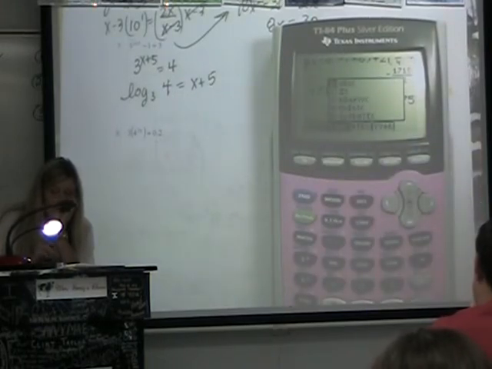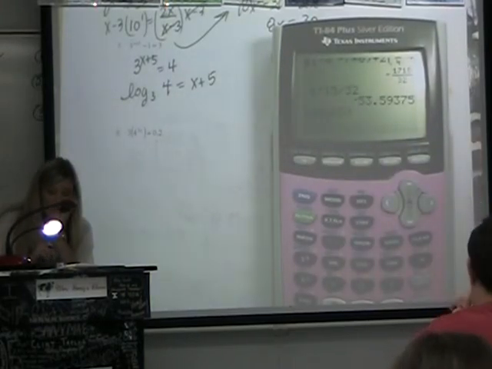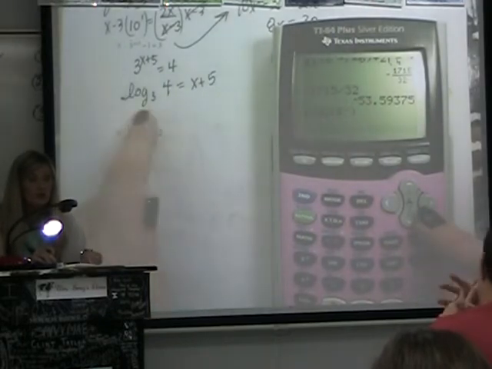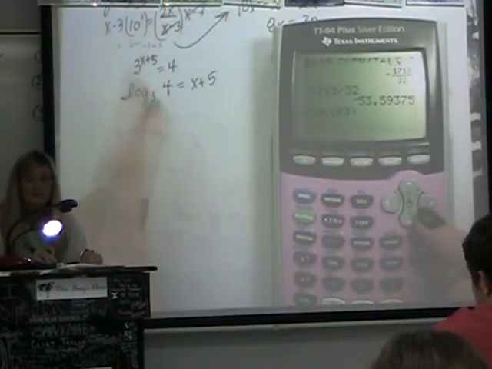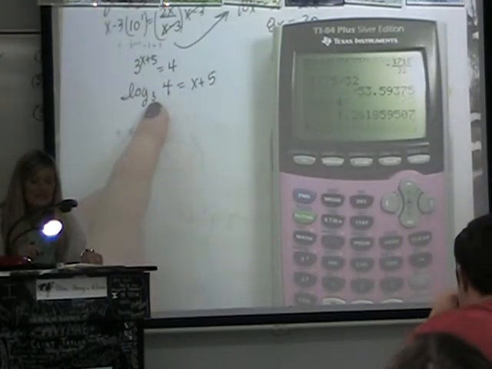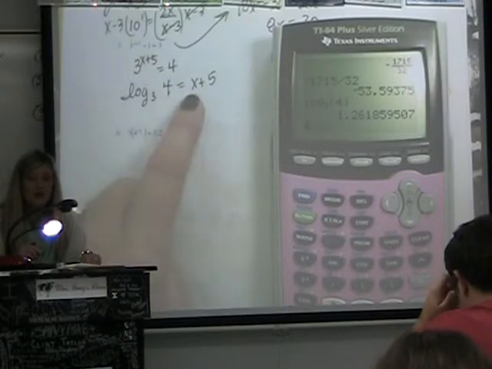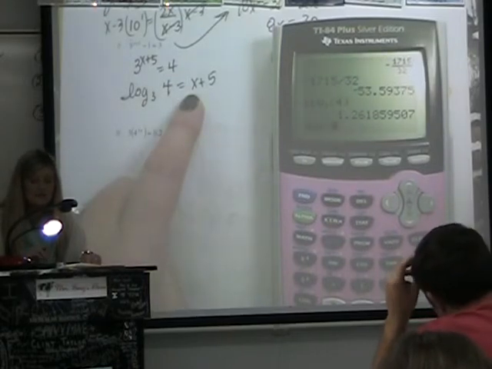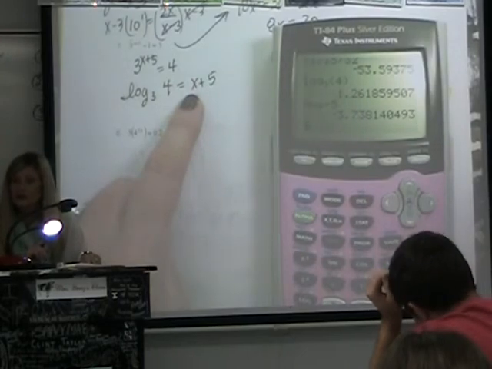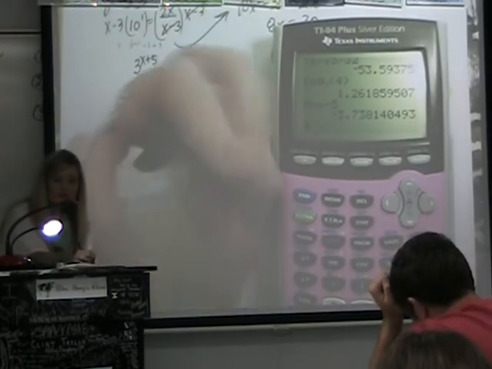And so I'm going to go to alpha window. I'm going to use my 84. If I use my 89, I'm going to have to do change of base formula and type in ln of 4 over ln of 3. Right? If you use the 84, you can type it in like this. Get a decimal answer and then do what? Subtract 5 from it. Do not round until your final answer. And so your final answer should be